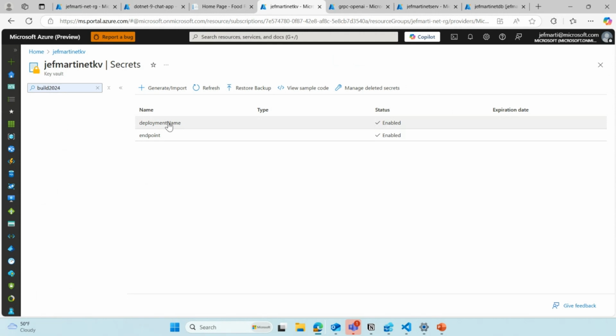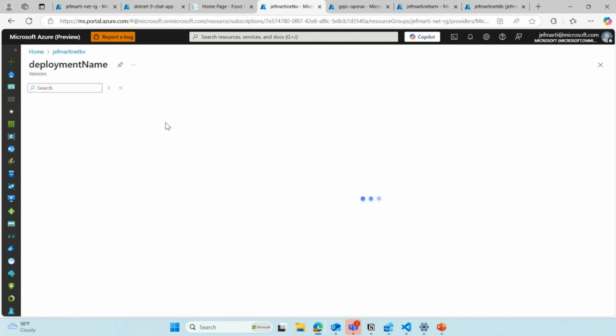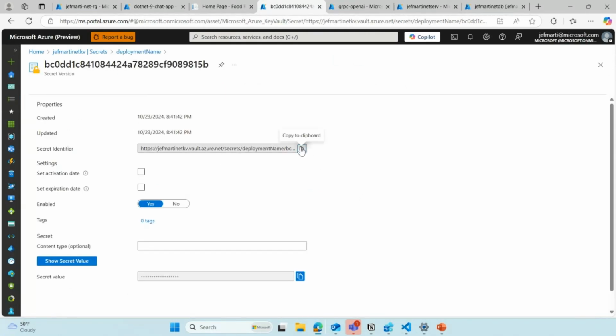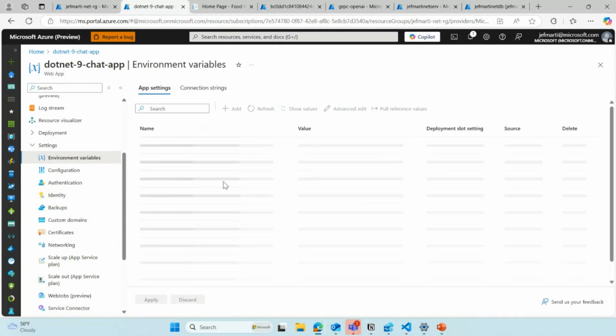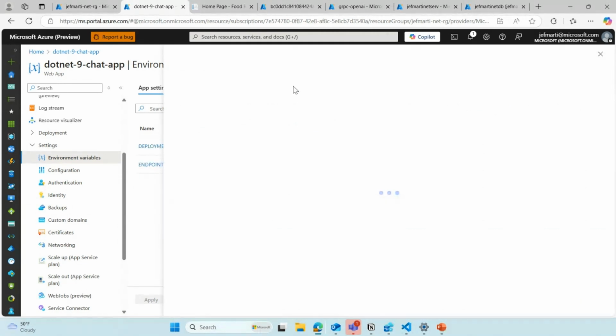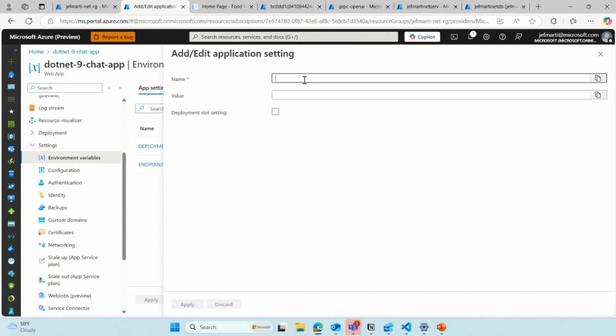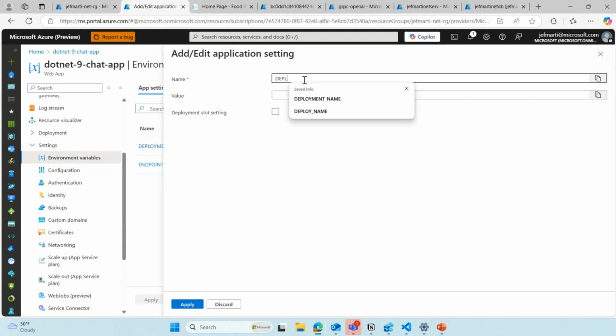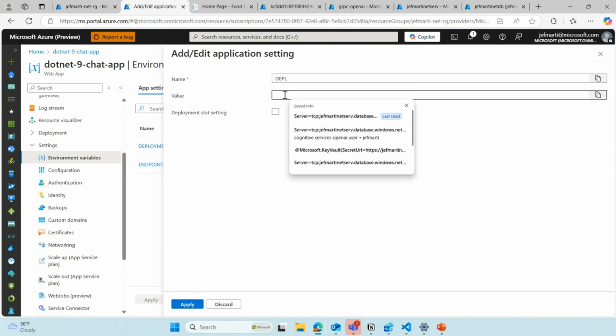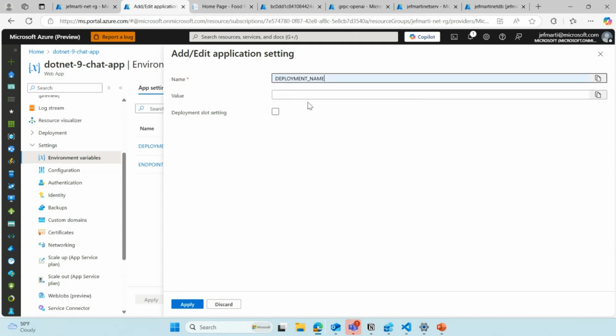Now, before you create your reference, you're going to need to click into the secret that you've created and click on the specific version, because we're going to grab the secret URI. So you're going to copy the secret identifier here, and we're going to take this back to our web app and go to our environment variables and add this. So we're going to click add. Okay. So here we're going to name our environment variable, and we can call it deployment name. And then when we add our secret,